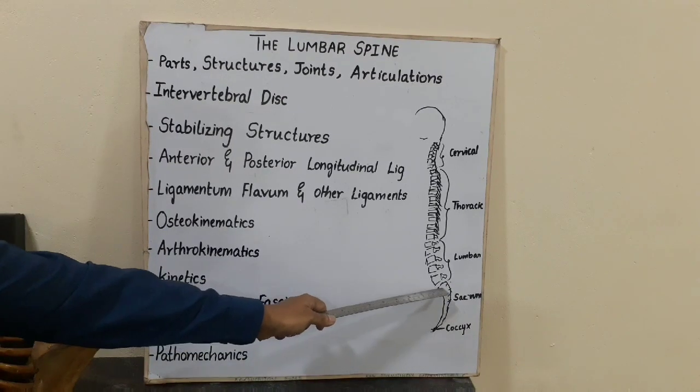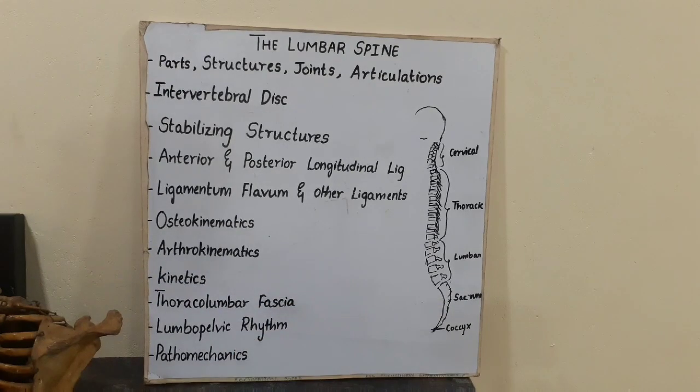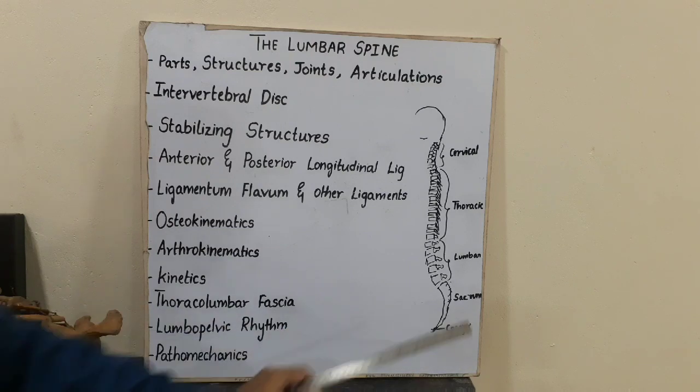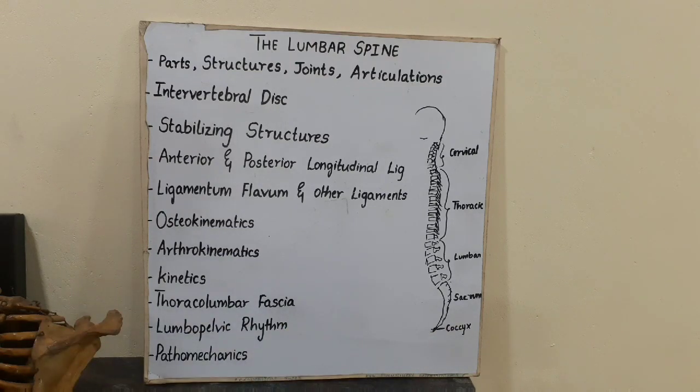And then the sacrum. Sacrum has 5 sacral vertebrae which are fused. It looks like one bone, but it's actually 5. Then you have coccyx, 4 fused coccygeal vertebrae. So this is the overall view. So now we'll go to the lumbar spine. As I said, the lumbar spine has... I'll take you to where I'll be showing you with diagrams and bones.